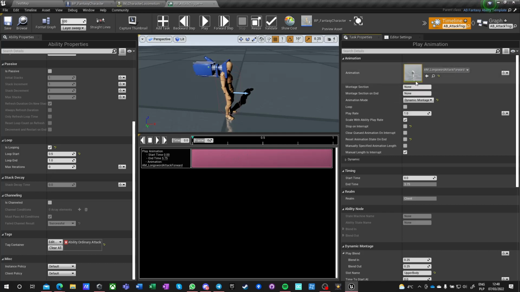Montage, not animation instance, this is just a montage. So if we say play ability, this should play the first part and then go into loop. Let's see what happens. Oh, it's not handling that very well. So it is trying to run this animation multiple times. Okay, no worries. What we can do actually here, we can say that this task,